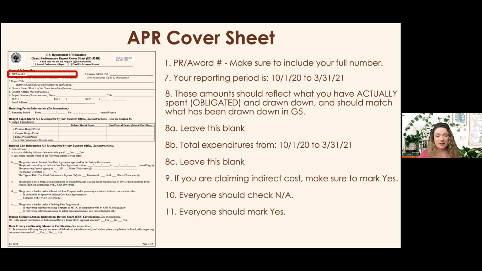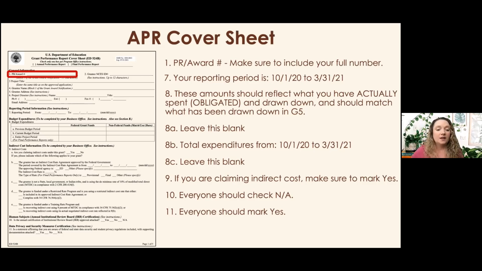The reason I say this is that I have seen a few folks who have sent in emails or completed the survey when you join and register in Zoom and it asks what's your grantee, who have put in their PR numbers, and when I look up that PR number, it's not a PR number. So you may be missing a digit, or you may have transcribed it a little off. I would just say, go back and double check that you've got the correct PR award number for your current ACE grant.